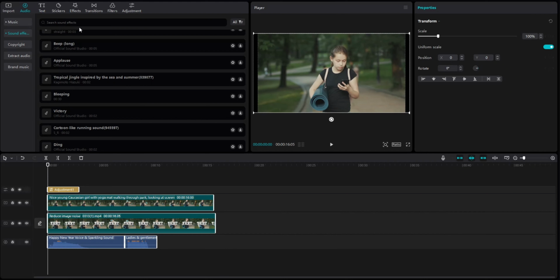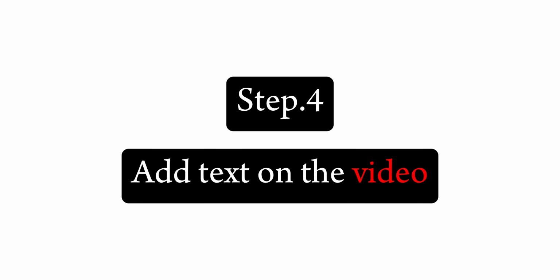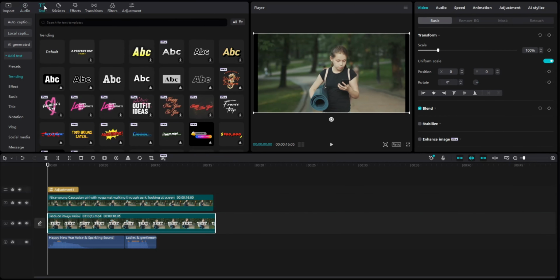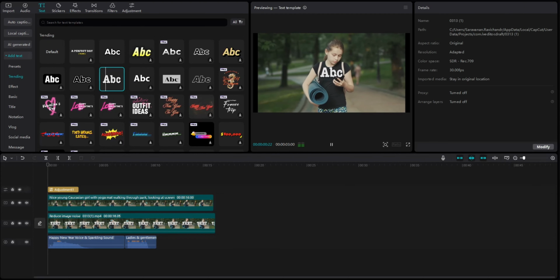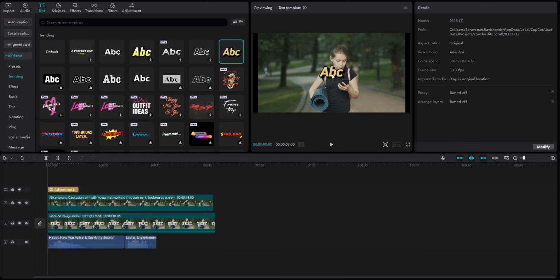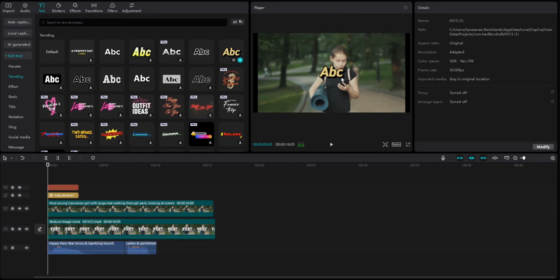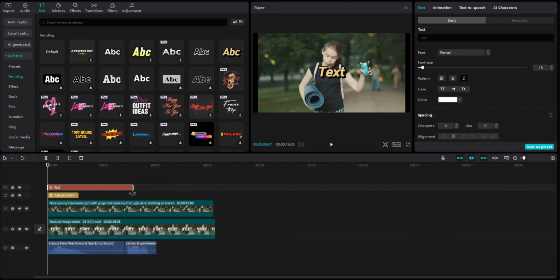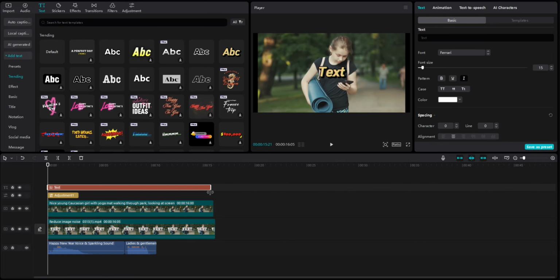Next, let's see how to add text on the video. You can add a text here, like I already did that here. You can just click text and click ABC. So you can also double click on it and you can edit the text. So you can just edit the text, maybe anything you want. Whatever you want, you can just add it. It will be added to your image. To how many seconds you want this text, you can drag and drop like this,